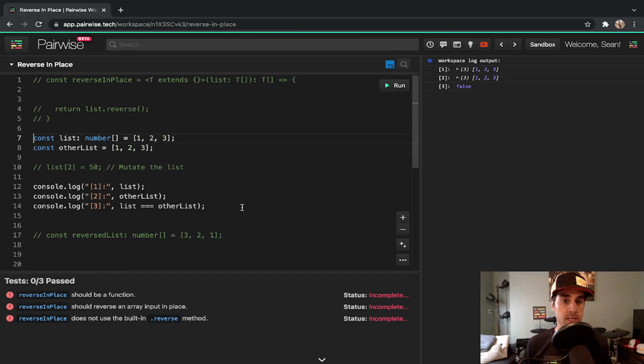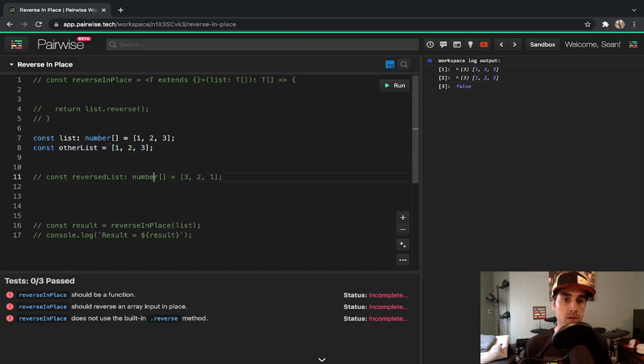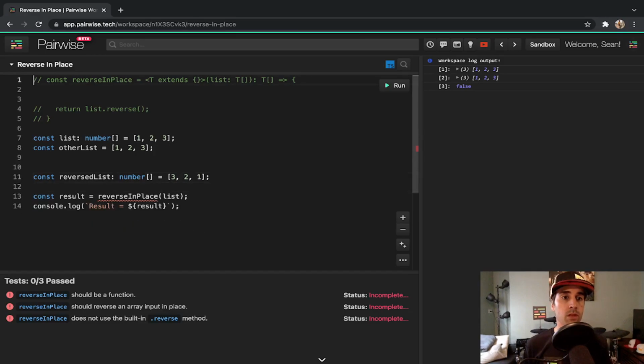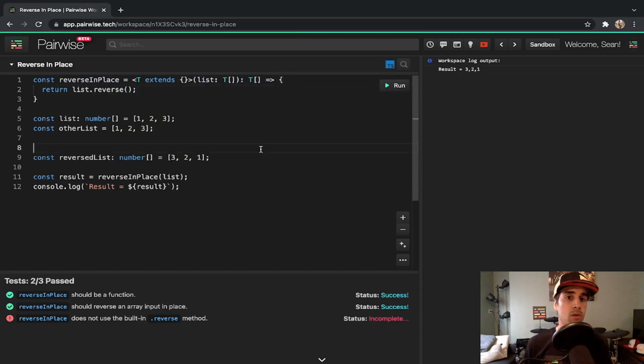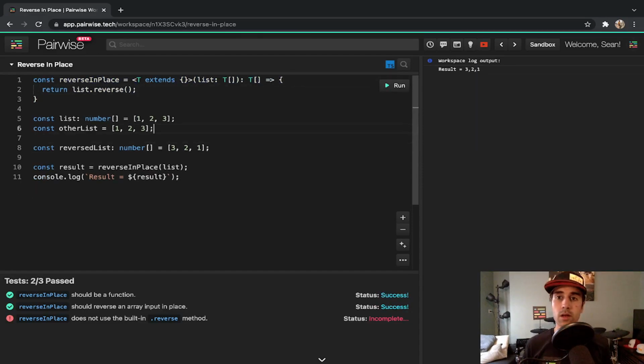So hopefully that makes sense and clarifies the context of this challenge a little bit more. This is definitely a tricky topic which can trip people up when they're first working with arrays and objects in TypeScript and JavaScript. So let's remove this code and bring back the original code that we had, like this. And again, what we want to do is reverse this original list and just modify